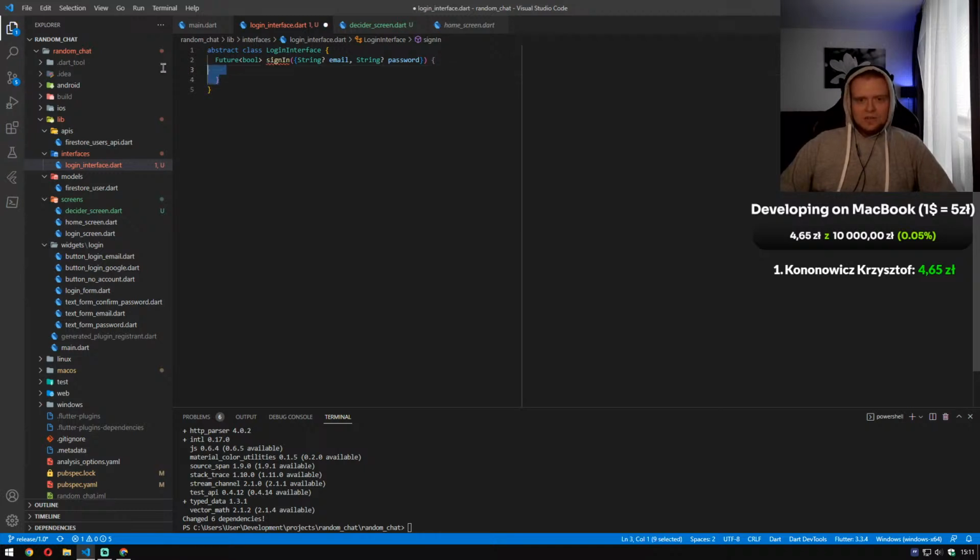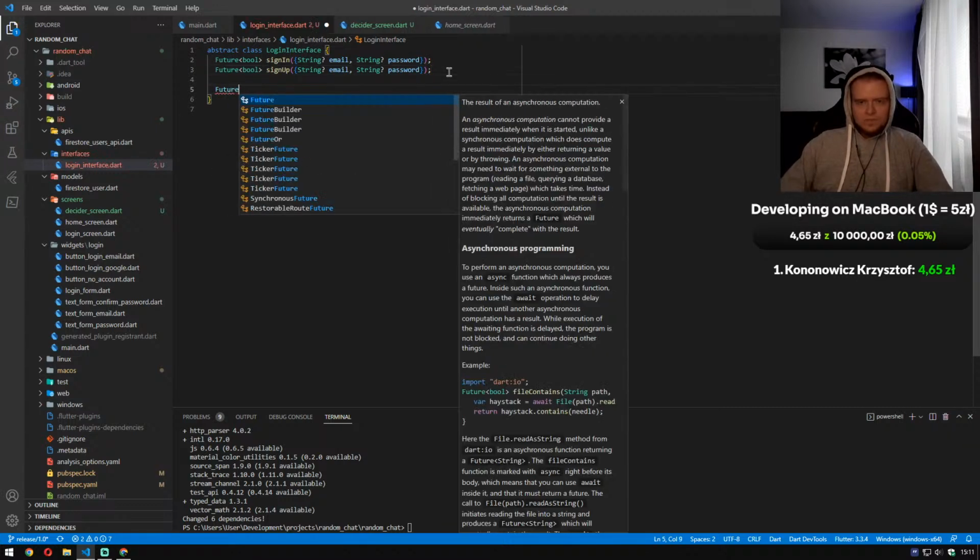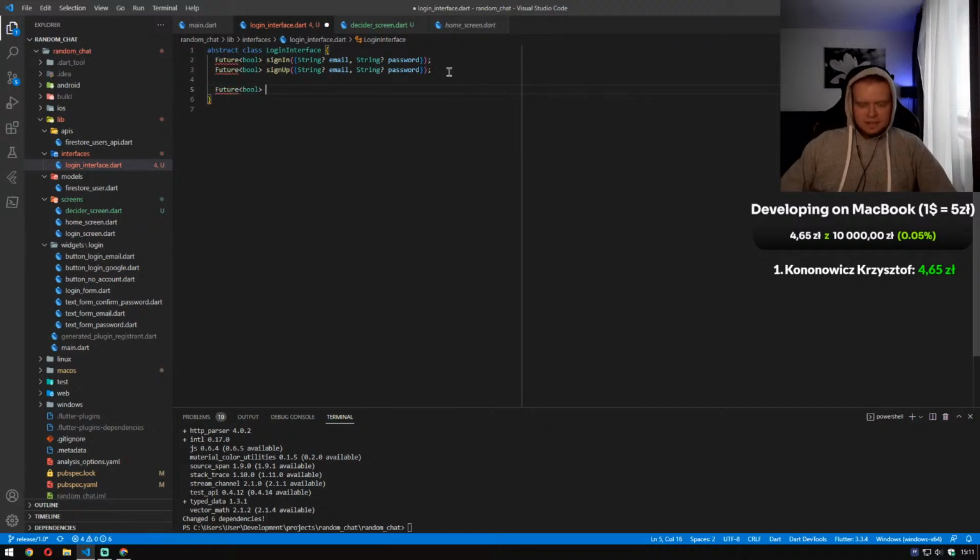Of course this is an interface, so we don't need a body, we just need the definition of our methods. And we also will have a sign up function for creating new users. We also need email and password only for our email login API. And the third thing that we need is our logout function. But here we will not just define it, but we'll also make a body for this method,